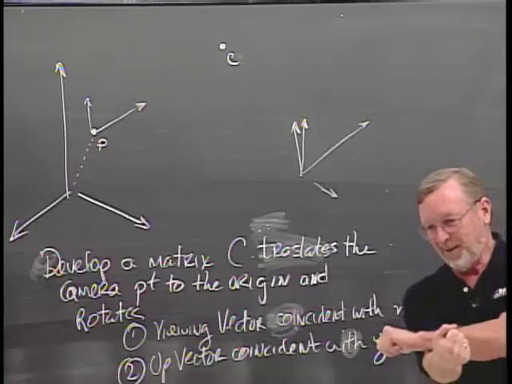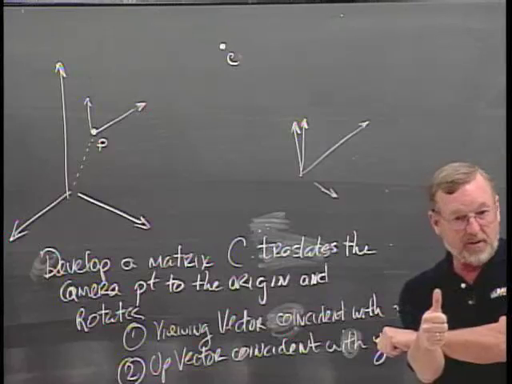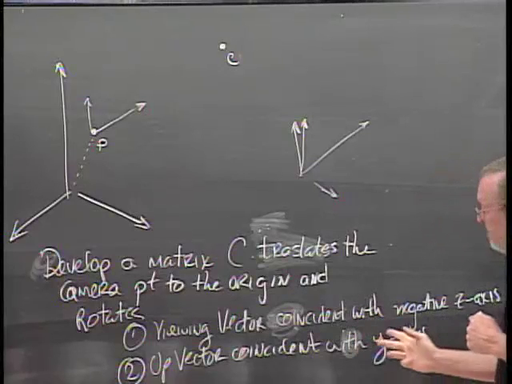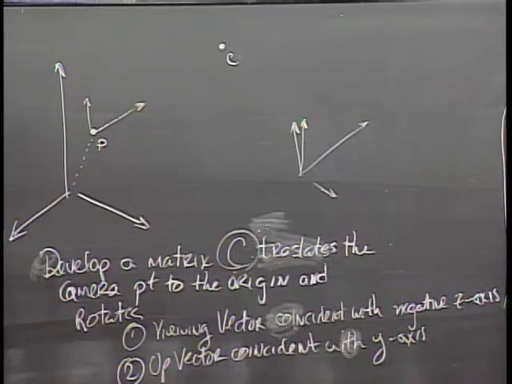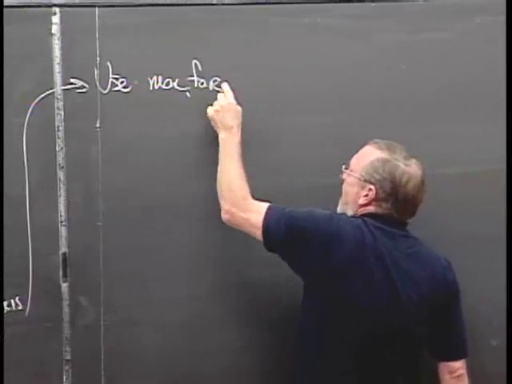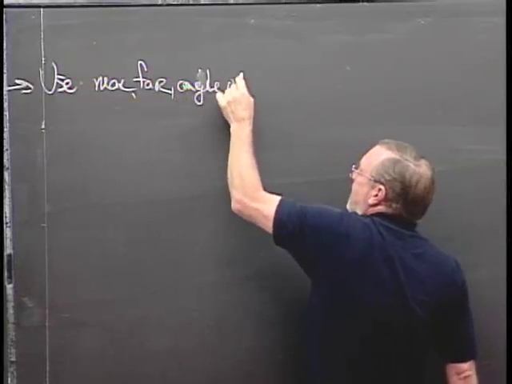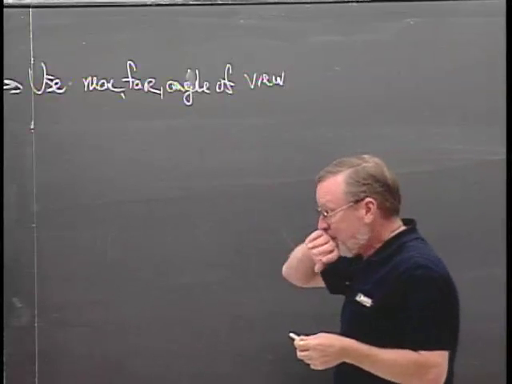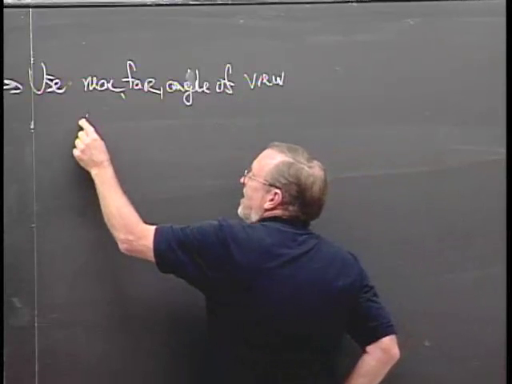You could do it the other way. You end up along the negative z-axis, and then you rotate it finally around the z-axis so that up vector coincides with the y. Okay? Same matrix, almost exactly the same matrix. So this gives you a matrix C, and then you use near, far, and angle of view to get you this viewing matrix